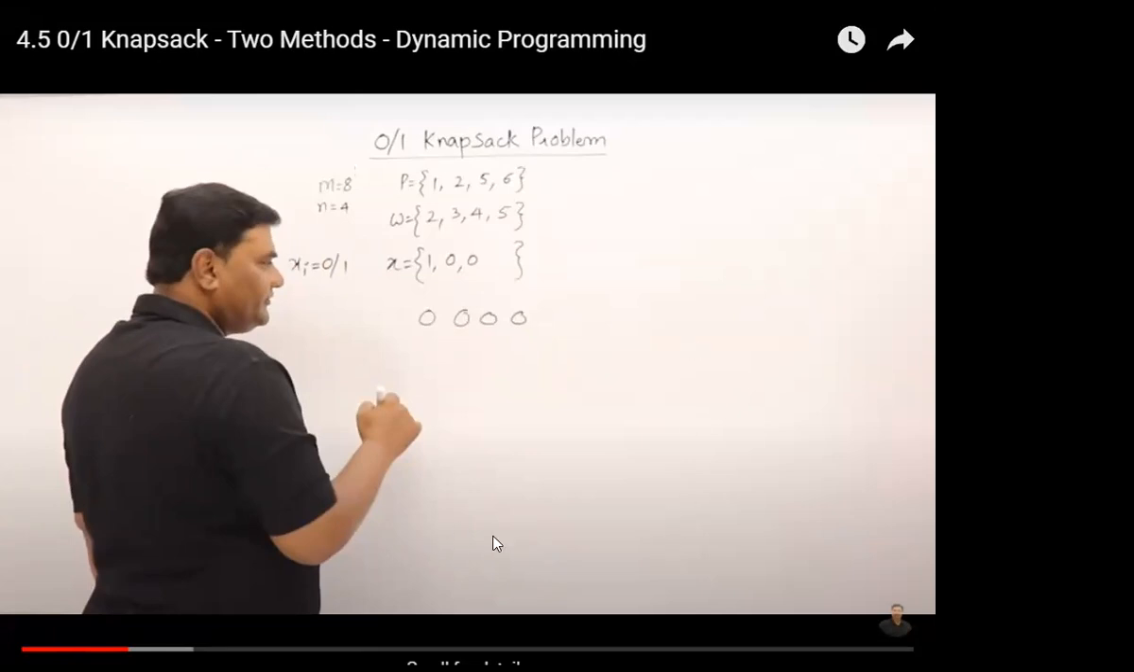If we are doing it through the brute force method, then the total number of possible solutions for picking a subset from the set will be